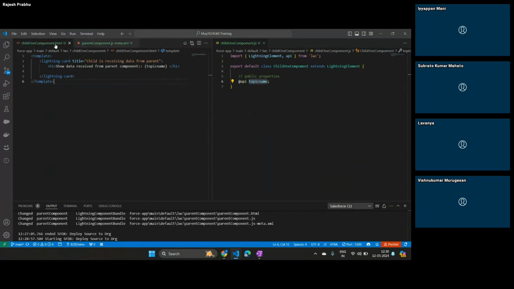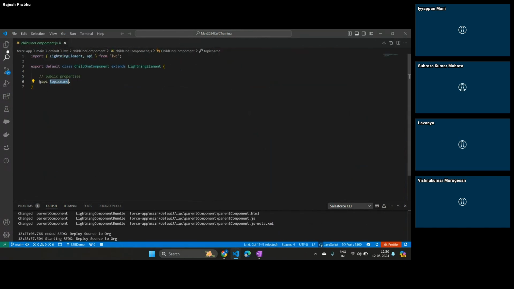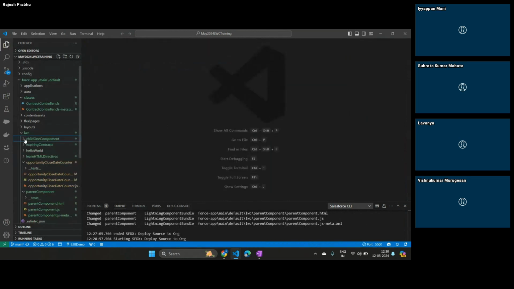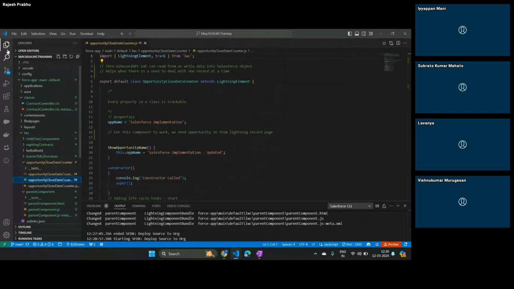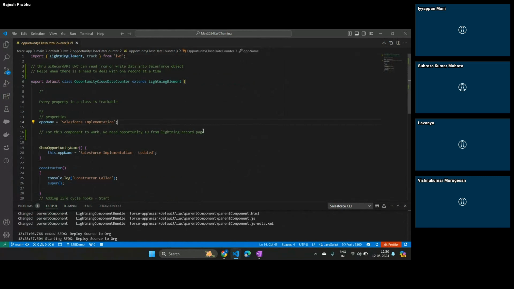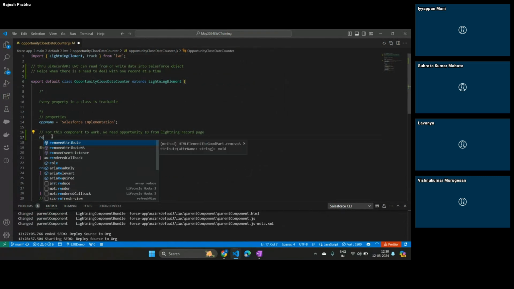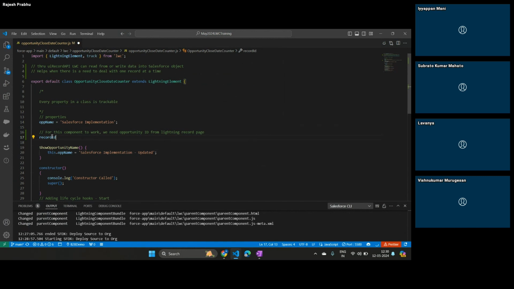Okay, close this. We'll go back to the opportunity count. We'll follow the same concept or principle. In the opportunity close date counter, I'll go to the JavaScript. I'm going to introduce a property named recordId. It's going to be a public property to receive and hold the opportunity ID. So I'll prefix it with @api,